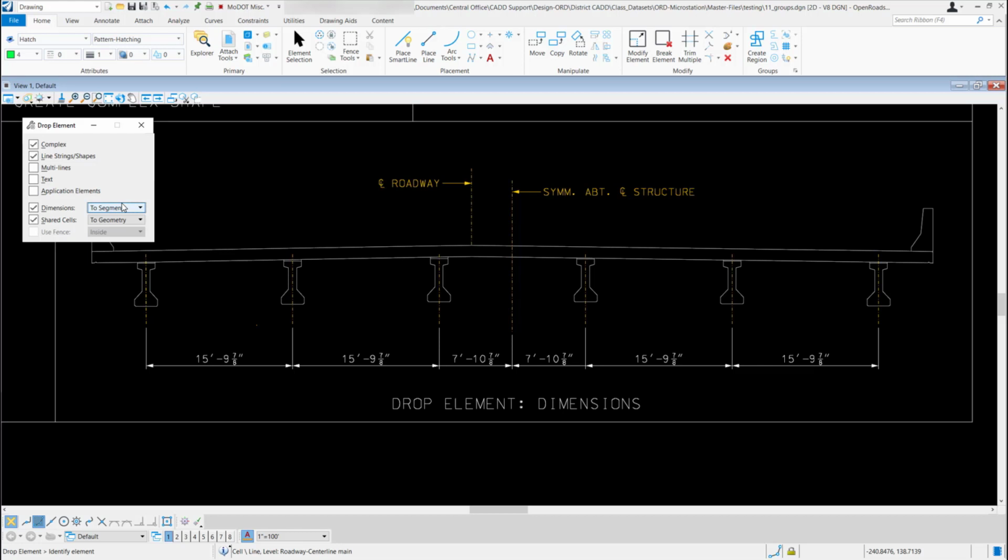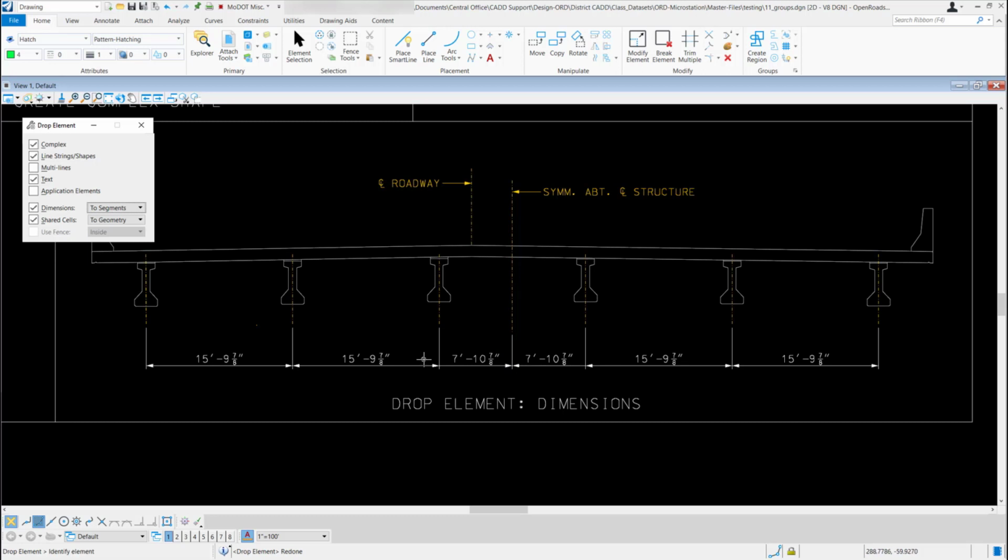But I want to set it to segments, so it will drop it down to its individual dimension segments. So now all I have to do is go out and left click on that dimension line. Now you can see that dimension line is broken up into its individual segments. And I could modify each one of these separately now if I needed to.